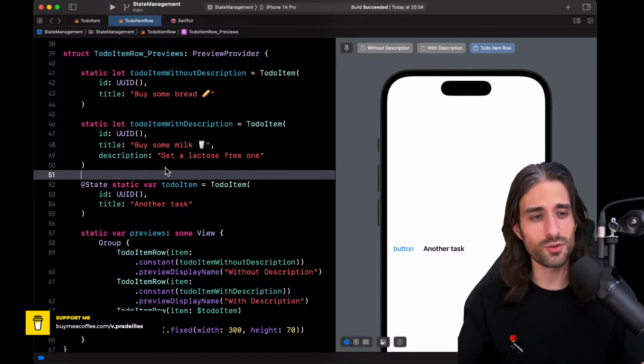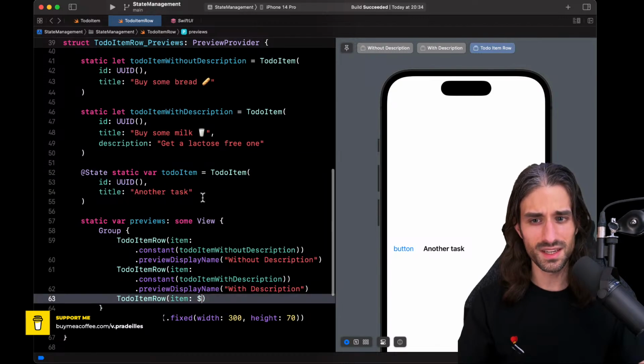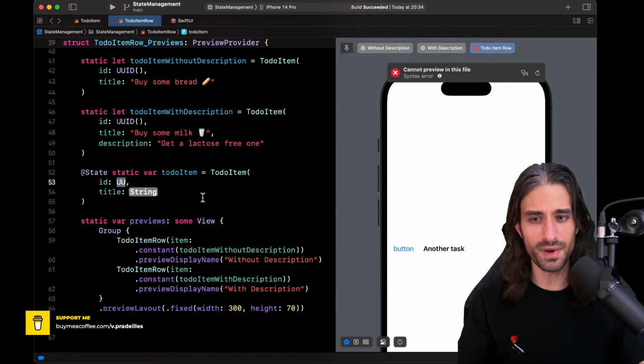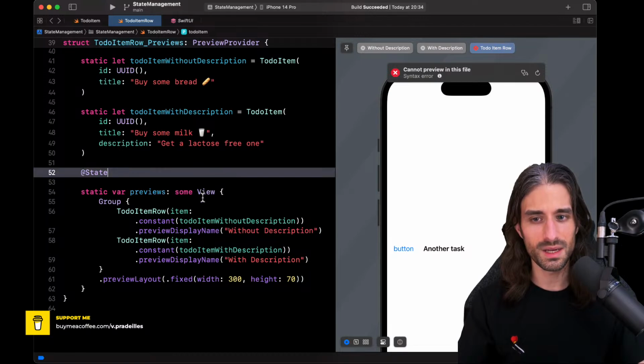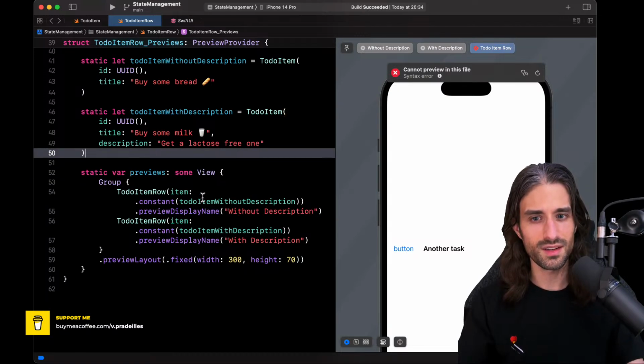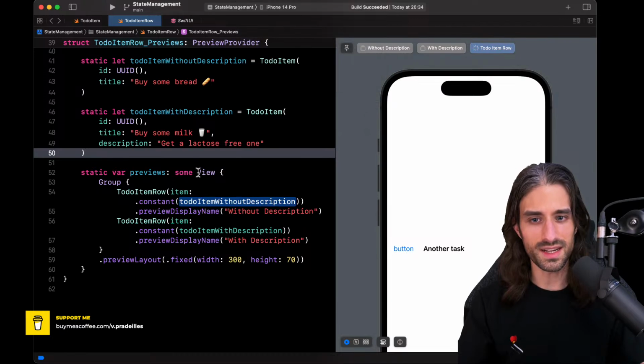So how about we create a view whose entire purpose is just to store some state that we can then use inside our preview. So let me just put the code back to how it was before I did my little experiment. All right, let's do it like that.